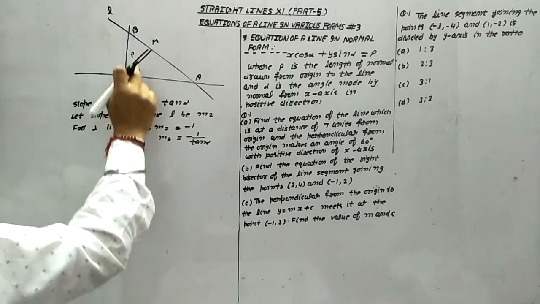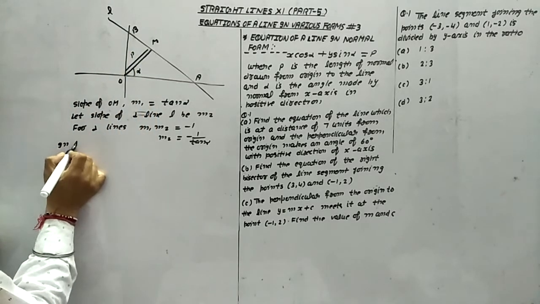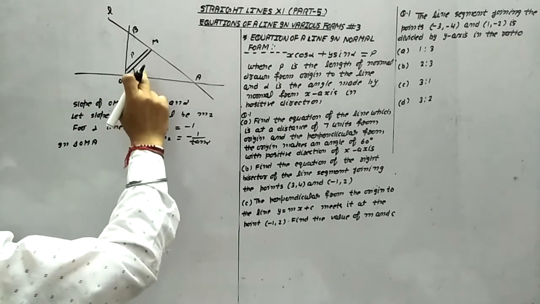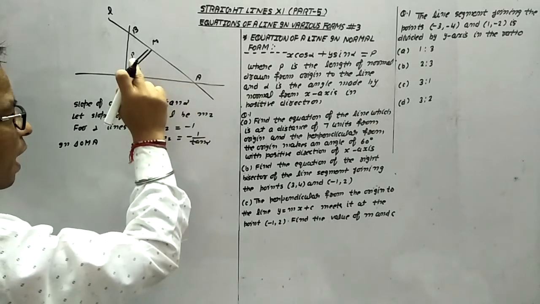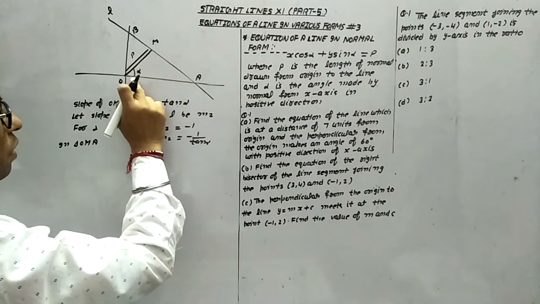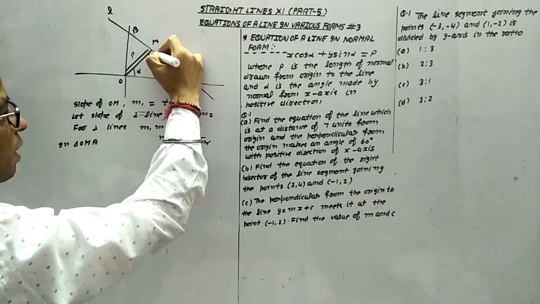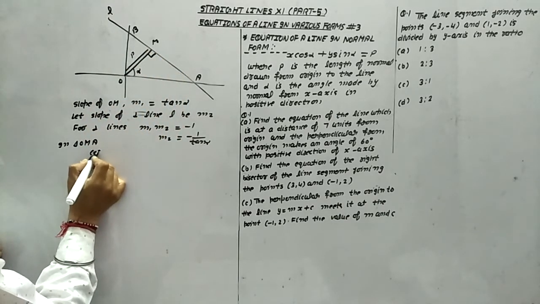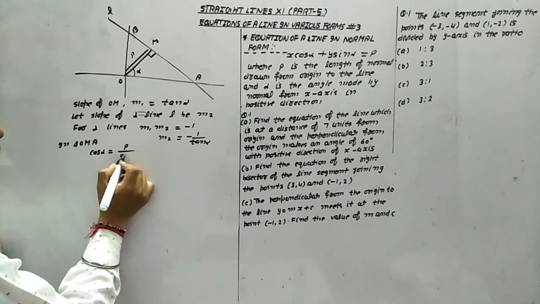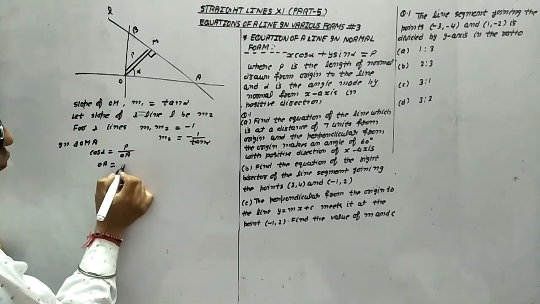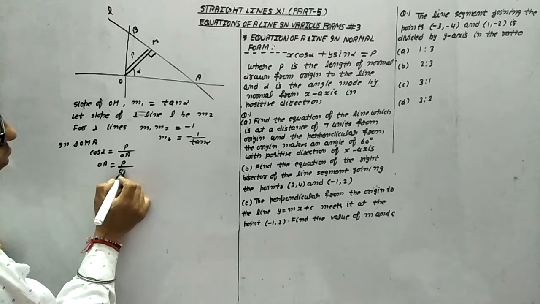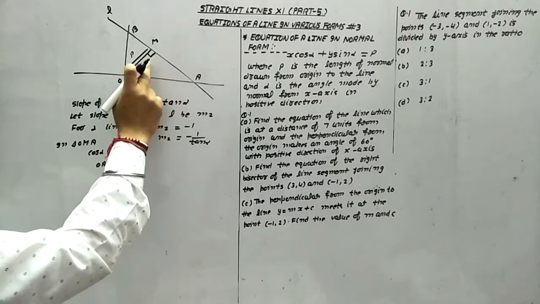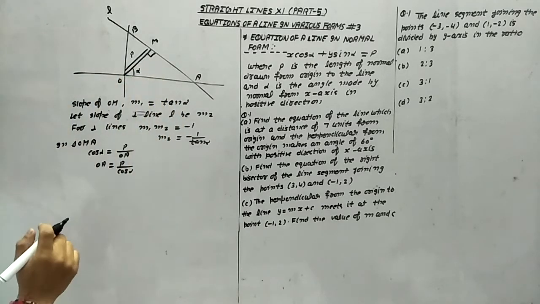Now because this angle is alpha and this length is p, in triangle OMA we have to find the hypotenuse and the base is given. Look at this. This is the angle alpha. This is 90 degrees. That's why this is the hypotenuse and this will be the base. So in this, cos alpha is equal to p upon OA. It means OA is equal to p upon cos alpha. Base upon hypotenuse.